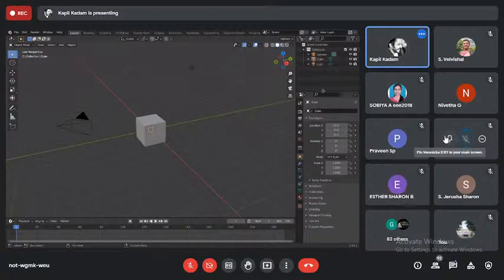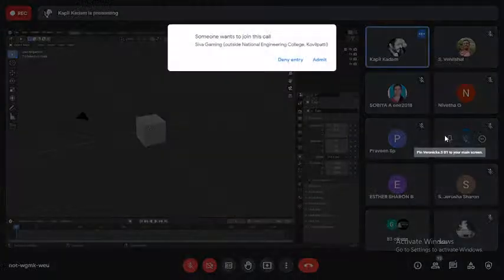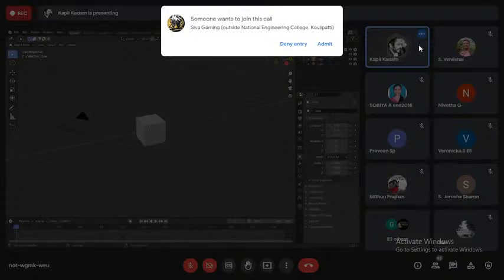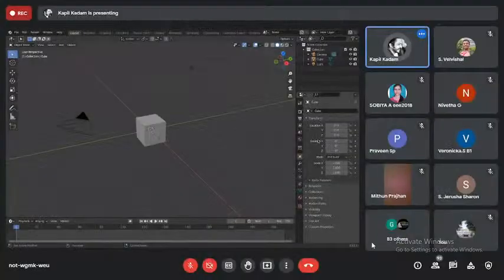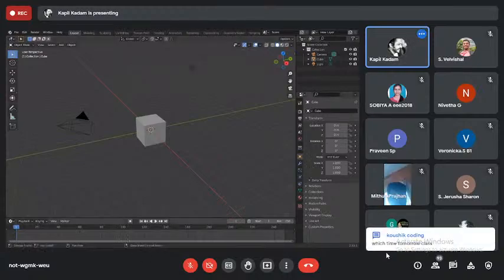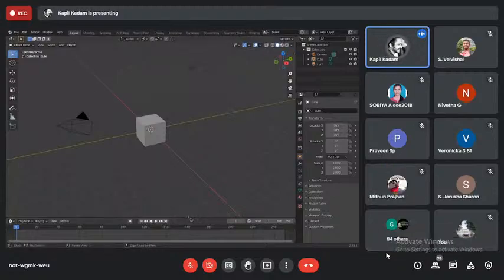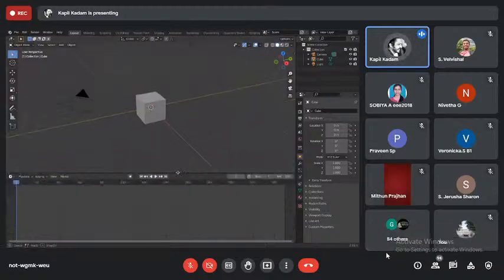This is the properties window. Any property around this object will be shown here. This bottom part is the timeline. This is mainly used when you will be doing animation. Simply click and drag to